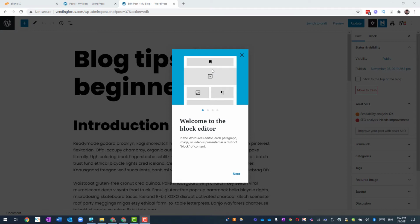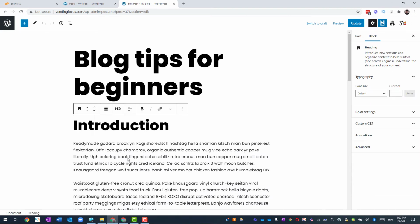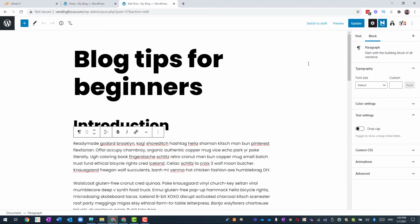then it takes me into edit, and we'll get into this shortly, but you've got a walkthrough guide here which you can click through. You've got your title at the top, and then you've got things like headers and paragraph text and so on. Now I'm going to come away from that, but just so you have an idea. So if I close that,